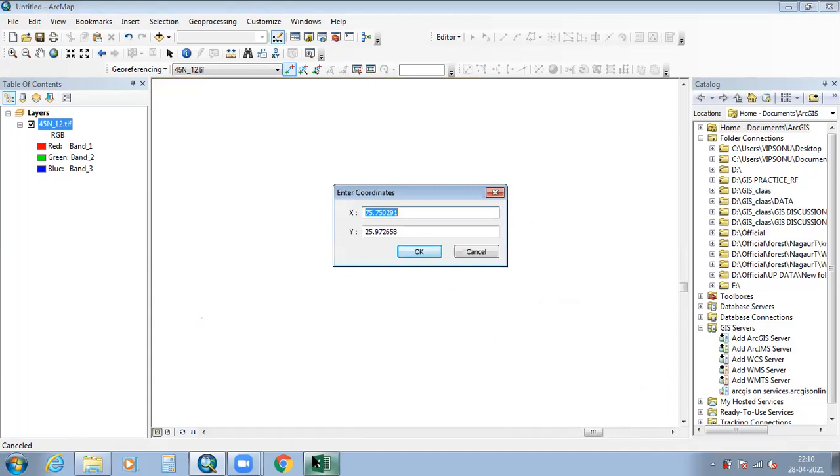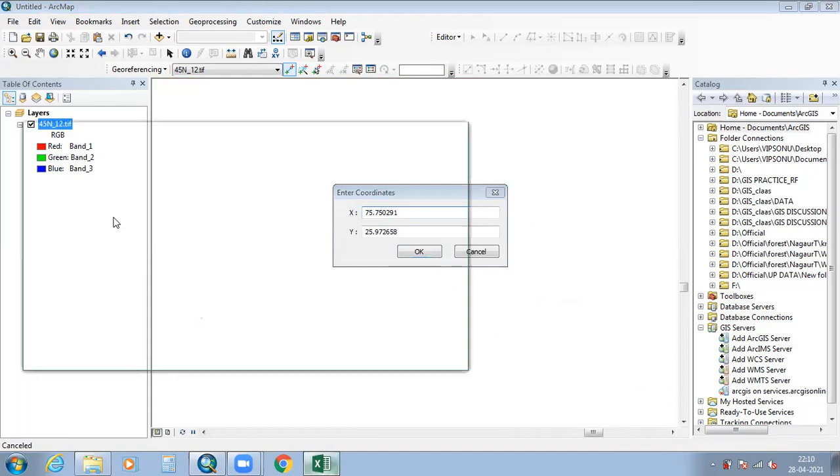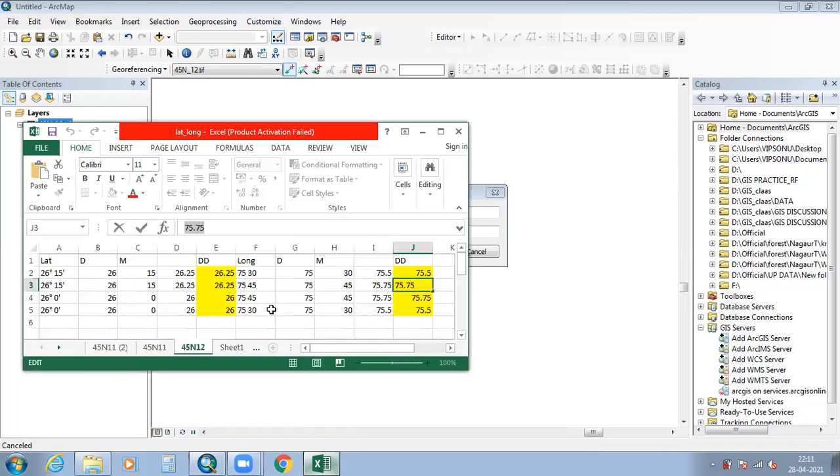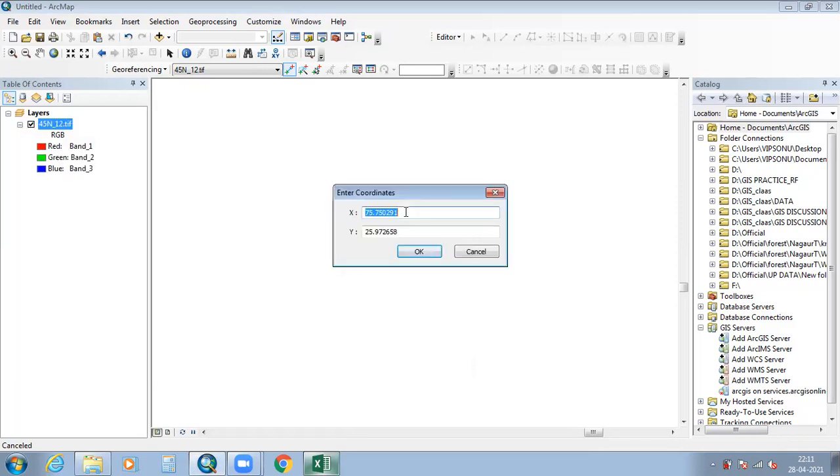Here put the values: the longitude is 75 degree 45 minutes, and latitude is 26 degree 0 minutes. Convert it to decimal degrees, and this is the value. 26 degree 0 minutes means 26 degree.